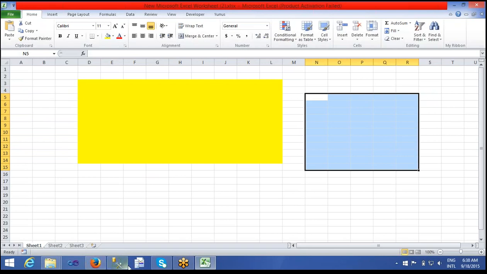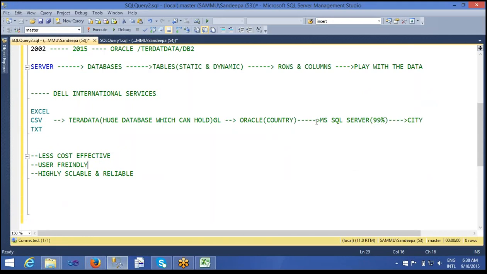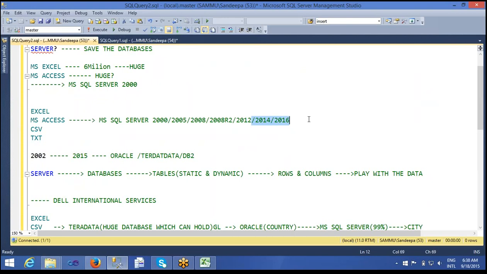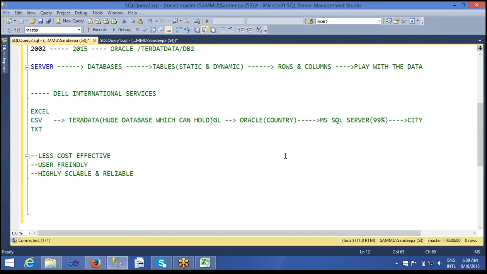Once you learn it, you will never forget it, even as the versions keep increasing. As I told you, I learned this in the year 2002, with that version, but I kept upgrading, and it's easy to upgrade to the newer versions. There are only slight changes, and these two are almost similar. Only a few commands have changed. Other than that, everything is similar. Okay, this is my small idea about MS SQL Server.